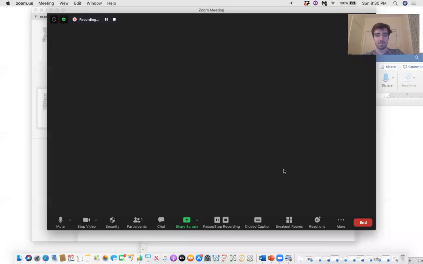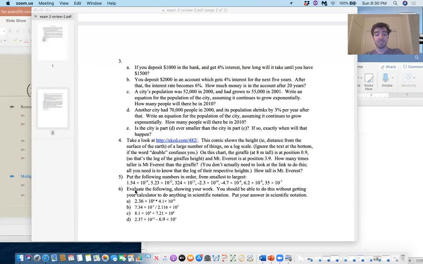Hey, let's look at the last problem on the midterm 2 practice material. Evaluate the following showing your work. You should be able to do this without getting your calculator to do anything in scientific notation. Put your answer in scientific notation. So clearly this is going to be some kind of practice on performing operations on numbers in scientific notation and